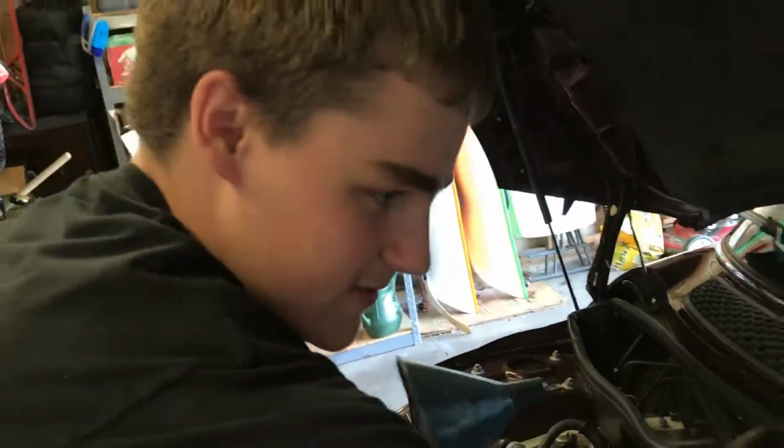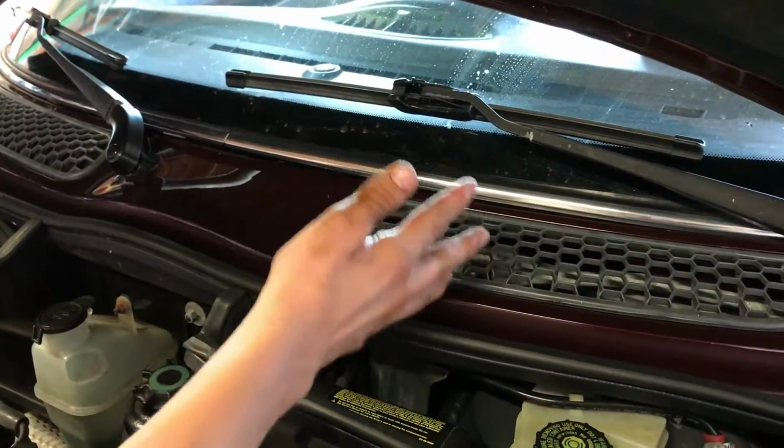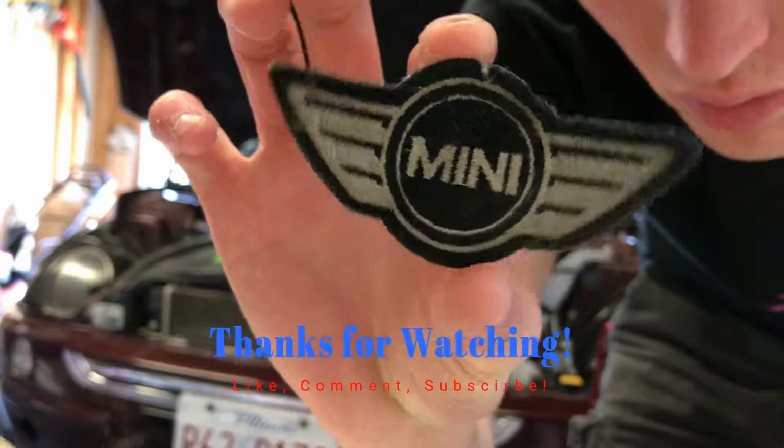Everything about that sounded awful. So what I ended up doing is you take this vent off here, pull your battery out, and then you can just work your way in and out of there between the two spaces to get out the motor and get it changed. So you yoinked it out? Yeah. Perfect. Well, me and Nico tricked last time we